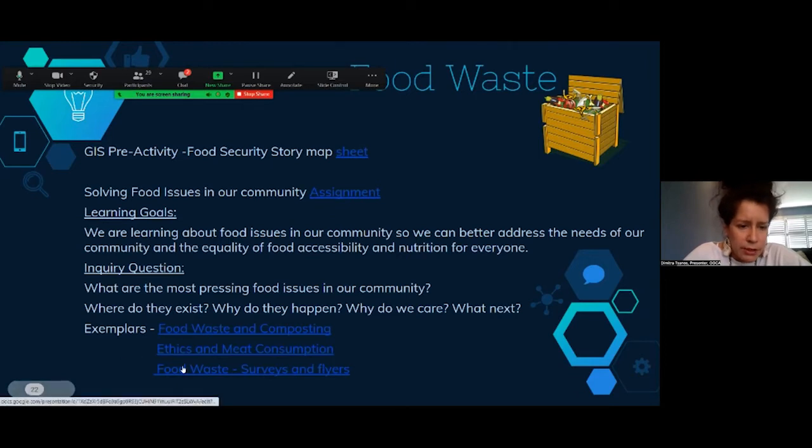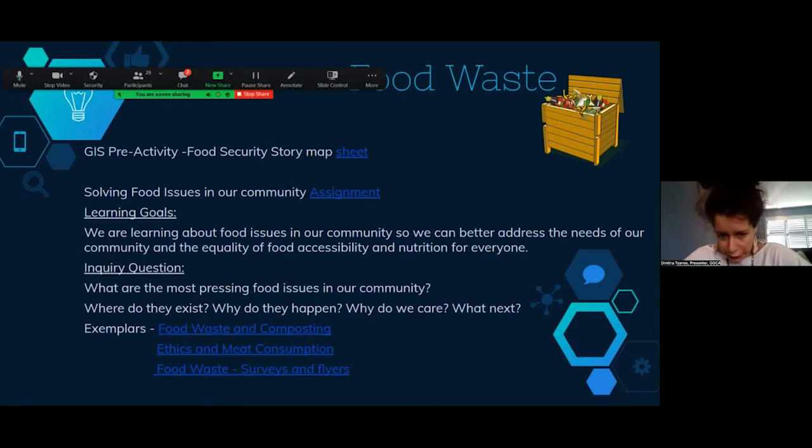So these are 3 exemplars on different issues that students chose to focus on. So food waste and composting, ethics and meat consumption, and food waste, looking at surveys. And so they use a survey and flyers to communicate it. So I always like to get them to connect with their school community, and even with an environment club,